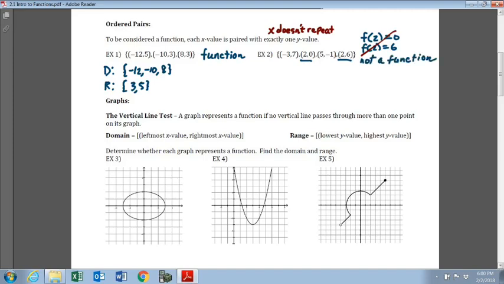Now, it is a relation, so everything we look at are what we would call relations, because we have this relationship between numbers, but what we're most interested in is relations that are functions. In this relation, the domain is going to be all our x values, and the range all our y values. All right, so in this problem, it was those 2 points, (2, 0) and (2, 6), that caused this to